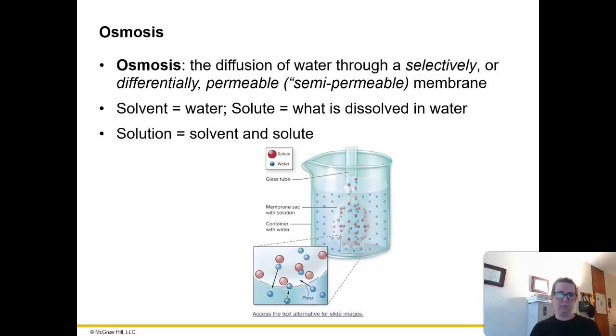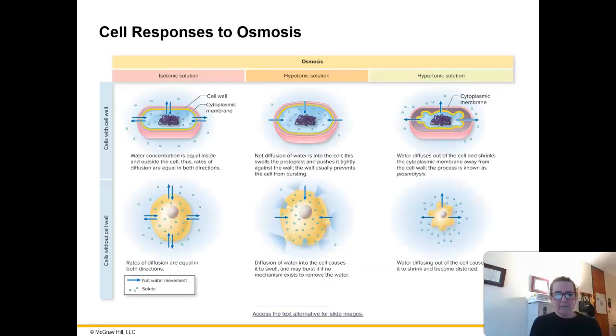that you're not feeling overwhelmed. In this figure here, on the left-hand side, isotonic solution tells us that the solution inside the cell is at equilibrium or has the same amount of solute concentration as outside the cell. So the net movement is essentially zero because it's in equilibrium. Now, if we take a cell and we put it into a solution that has a low amount of solutes in it, here they're saying the hypotonic solution is